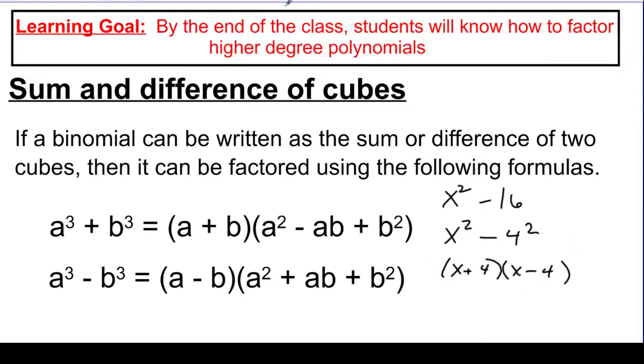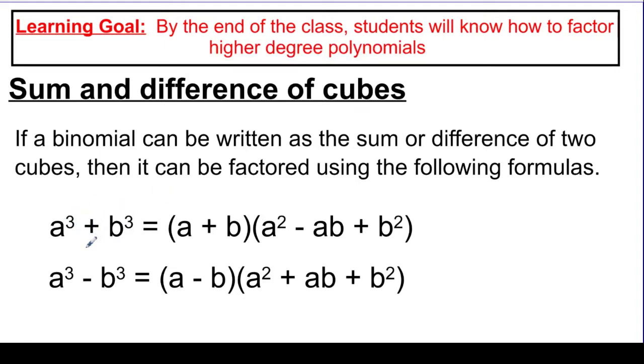Now we're looking at cubics and ones that are higher than squared. In this case, there is a special case for the sum and the difference of two cubes. I'm giving you some formulas right here. If you can write a binomial expression, which means there are two terms, and both of the terms can be written as something cubed, we are going to be able to factor them. In the first one, there's a plus sign in between the two cubes, and